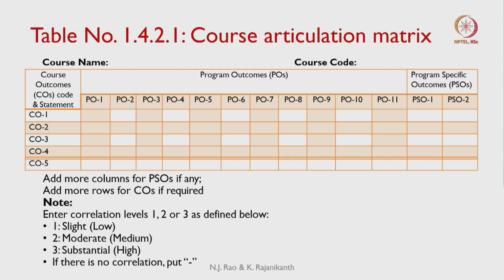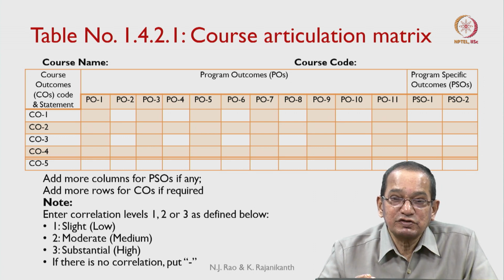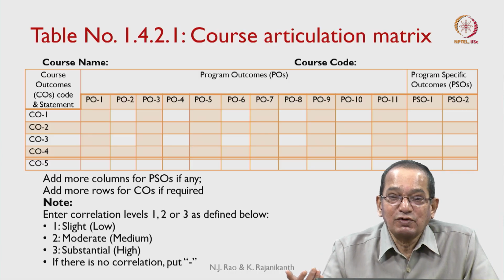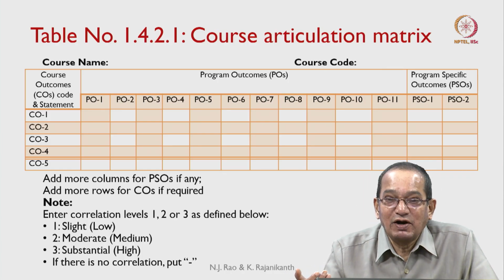1 means slight or low correlation, 2 is moderate or medium correlation, 3 is substantial or high correlation, and if there is no correlation, put a dash. Notice that this correlation has to be marked with a lot of care. There is a course which is purely technical with no other relationship to society or any of its concerns. Then the outcome, one outcome from such a course, suppose you are mapping to a PO which is related to society and environment and map it as 3, then it becomes very difficult to justify how that mapping can take